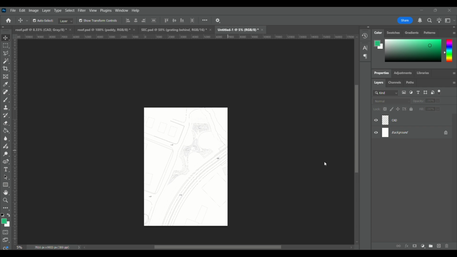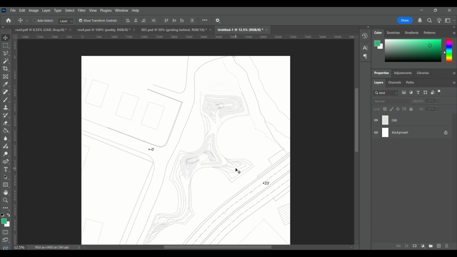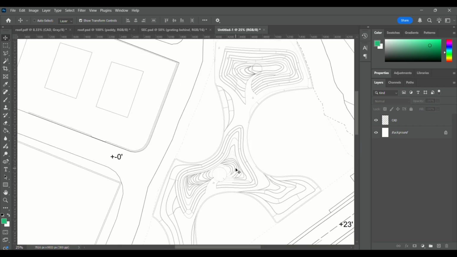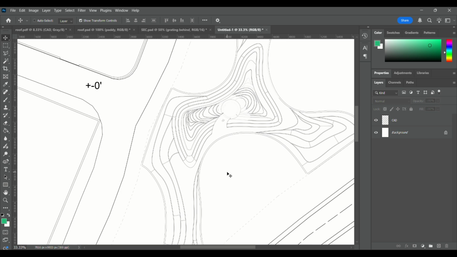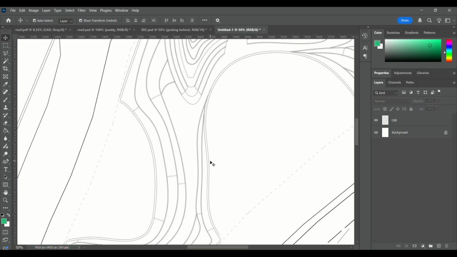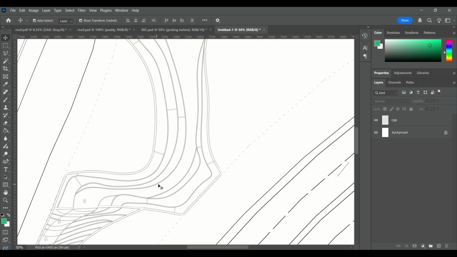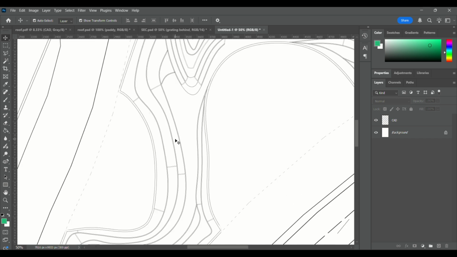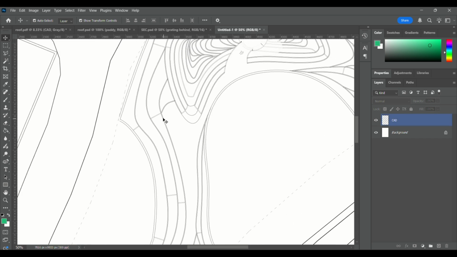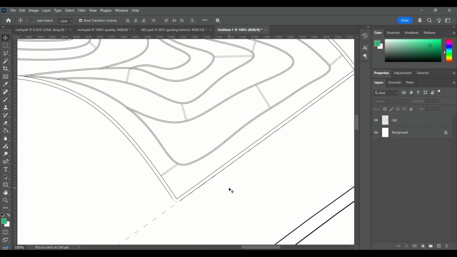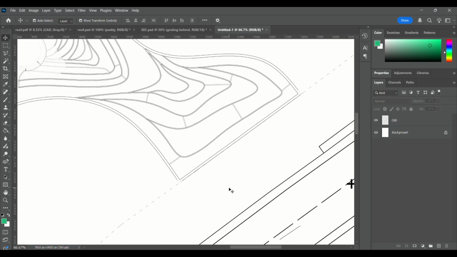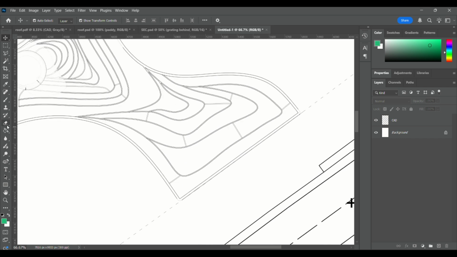So this specific project is a facilitation center for paddy agriculture, and this specific plan is a rooftop plan containing levels of rooftop paddy fields. So each level is dissected as you can see in the CAD plan. So what we need to edit is add all these levels that are in the CAD with separate types of